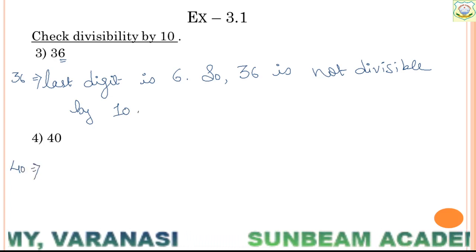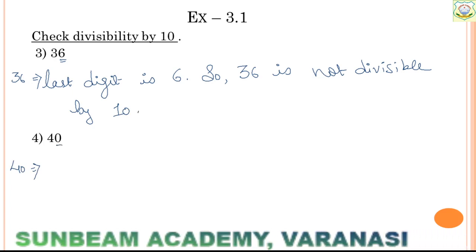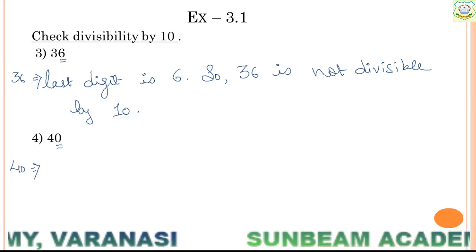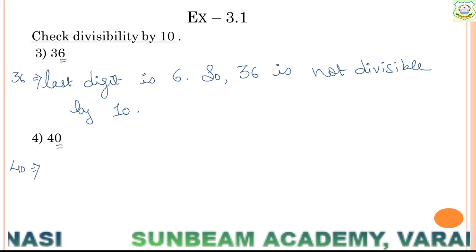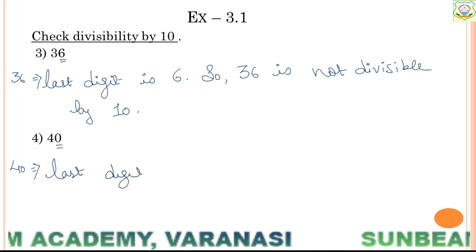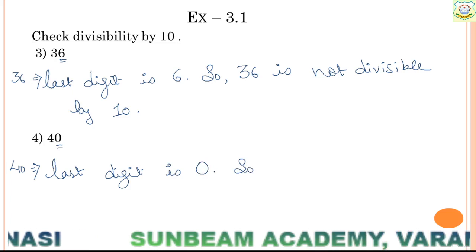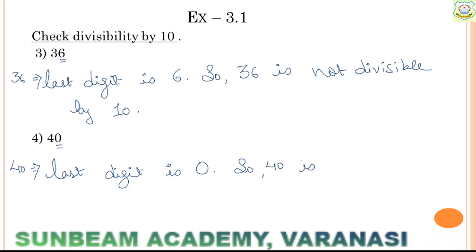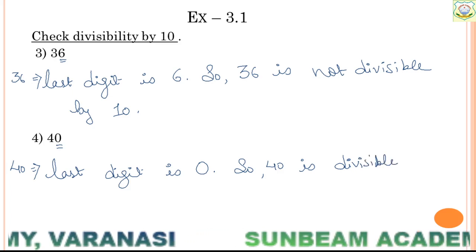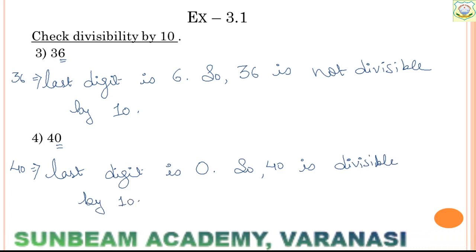40. Now students, tell me, is 40 divisible or not? See, the ones place has 0. So it means it is divisible. So how to write it? Last digit is 0. So 40 is divisible by 10. Note down the question and solution fast,